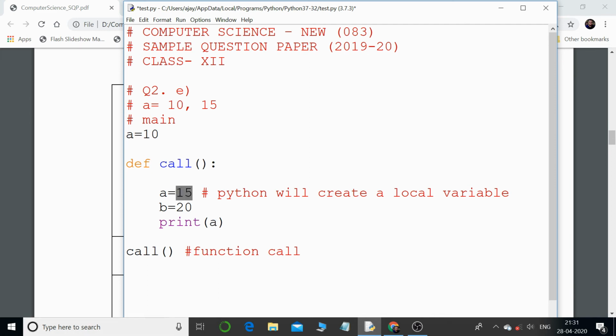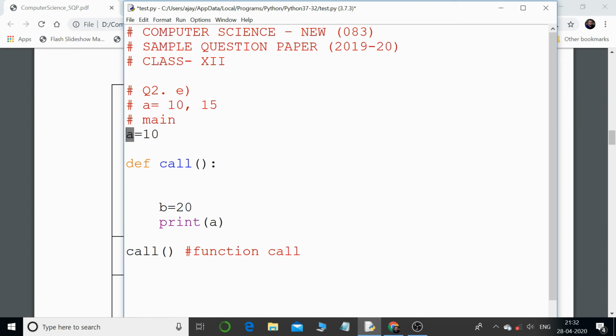And for example, if I remove this line of code also, what is going to happen in that case? If I'm trying to print a, Python is not going to find any local variable a, so it will go to the global section and check whether there is a global variable a. It will find a, and the value of a is 10.